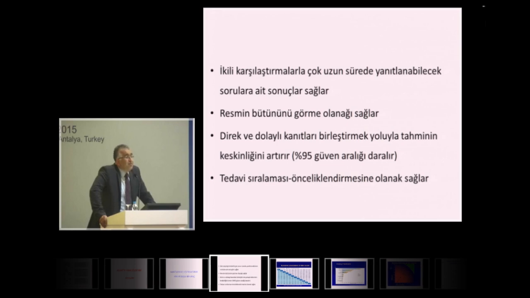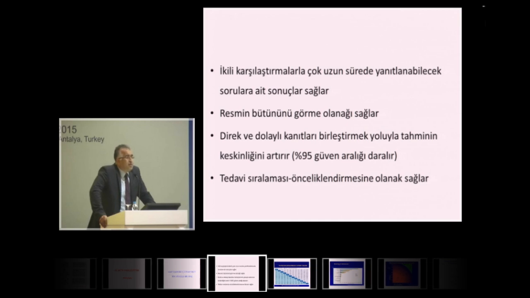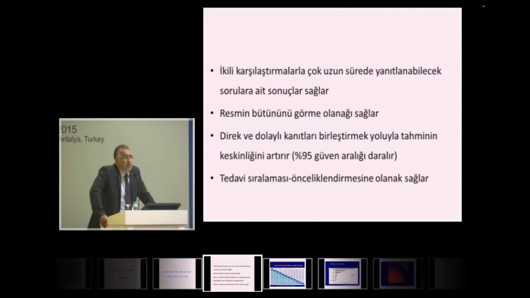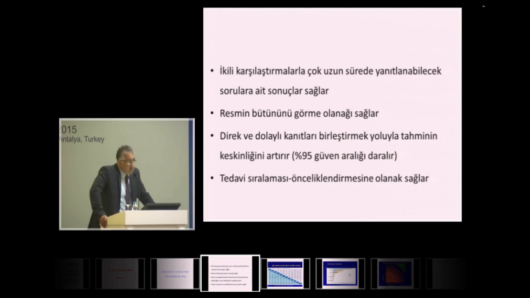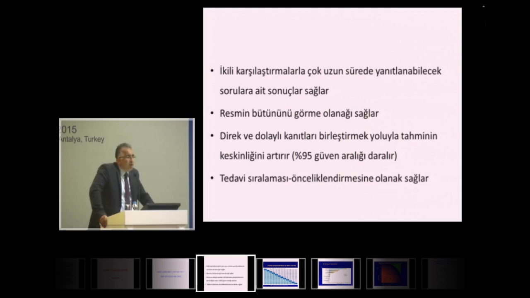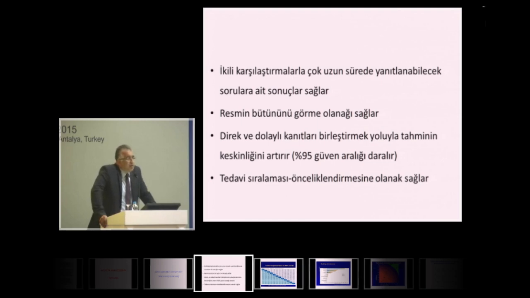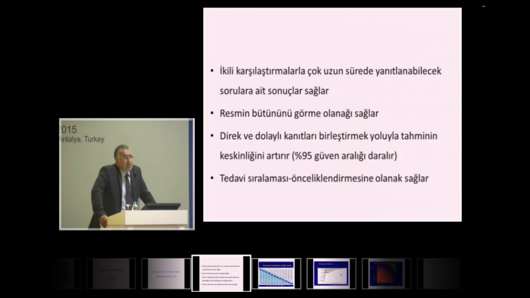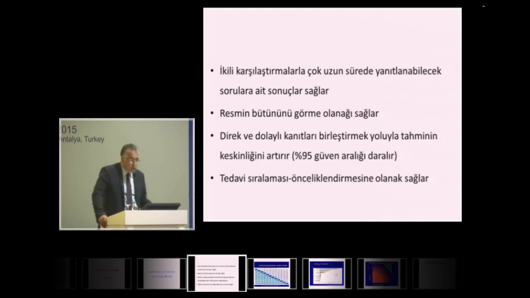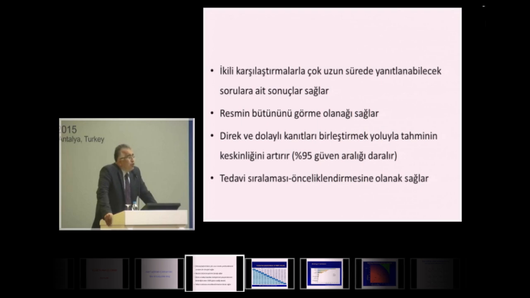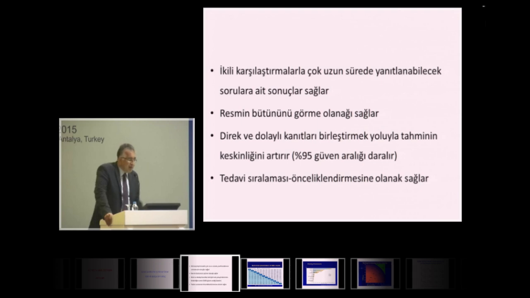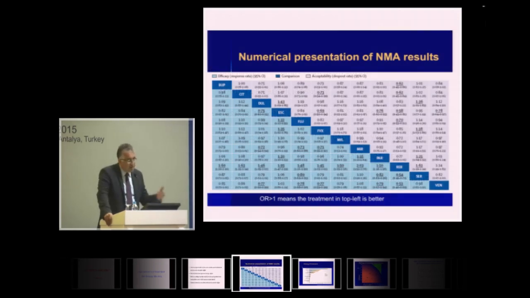And you can make this efficacy comparison more quickly. And you also can see the whole picture. When you compare two drugs, then you can only speak about those two compared drugs. However, when there is pooled comparison, then you can compare multiple factors. By combining direct and indirect evidence, you increase the accuracy of prediction, because when you compare direct and indirect evidence, you work with a bigger sample, and this means that you have a narrower confidence interval, and it also gives you the chance to make a prioritization of treatment options. It gives you which one is superior, which one is more disadvantageous in terms of adverse effects,